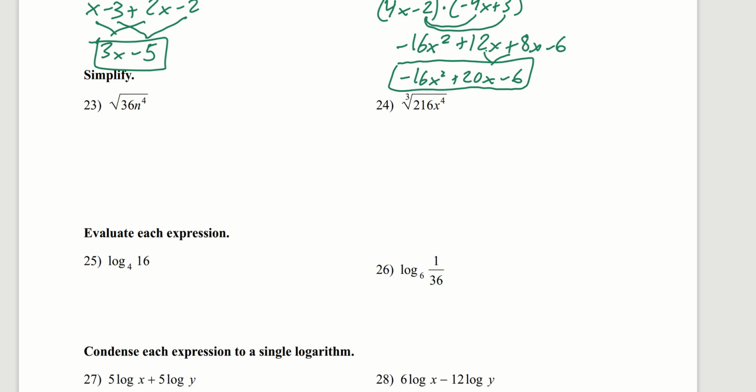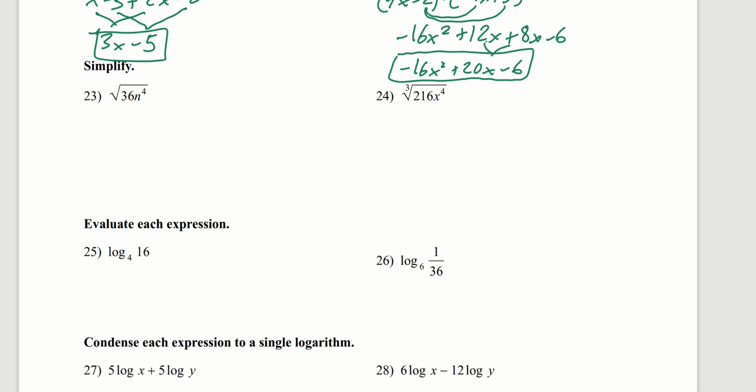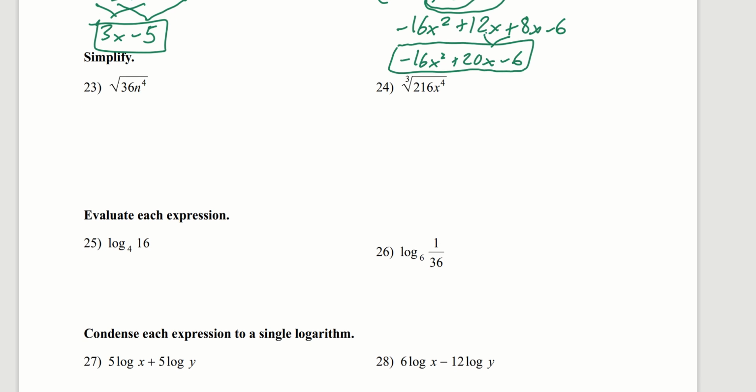All right, this is going to be part 2 of these review questions and going through some of the different answers here. So starting off with number 23, I want to find the square root of n to the fourth. The way that we talked about doing this whenever I have radicals or square roots is I talked about how